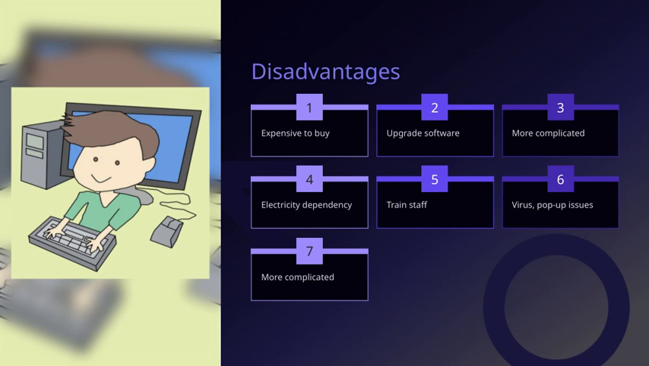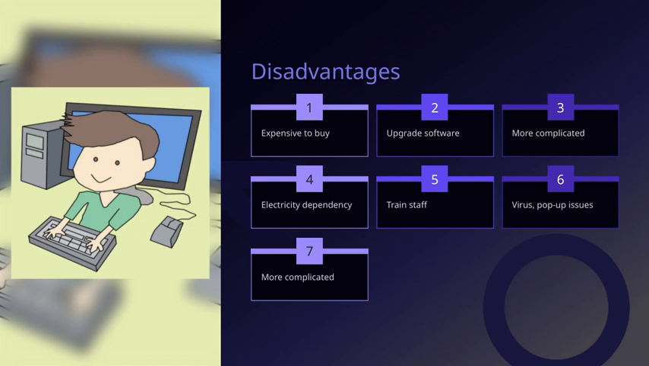First off, it can be quite expensive to buy initially, which might be a barrier for some organizations. Then, there's the dependency on electricity. If there's a power outage, it can disrupt operations unexpectedly. Furthermore, this technology tends to be more complicated to manage and operate, which means additional effort is needed for maintenance